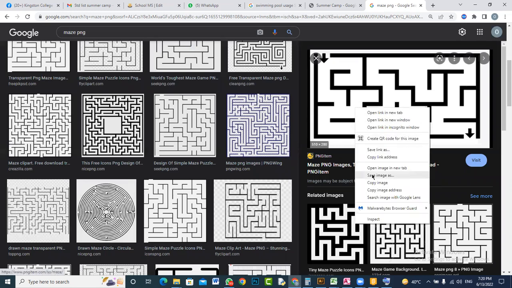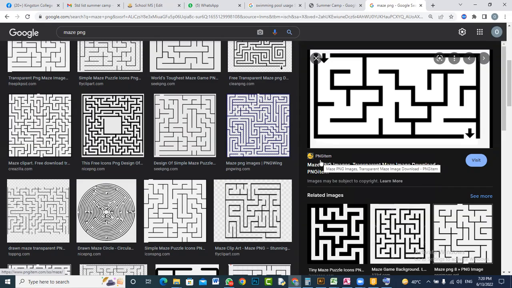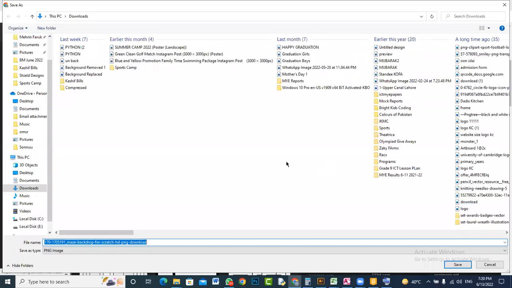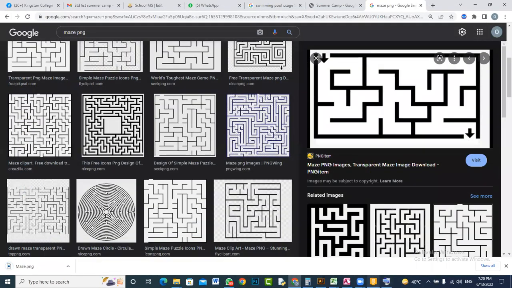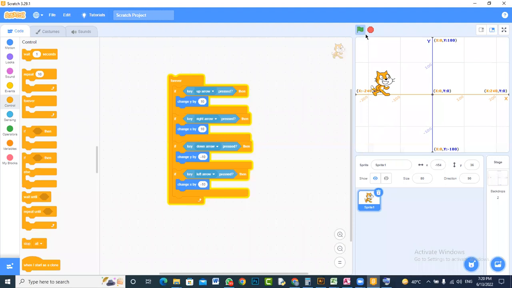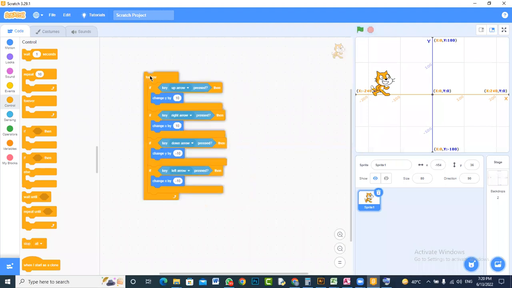So we will save image as and write its name, maze, and save it somewhere that you can locate it very easily. I usually put my things in the download folder because it's easier to locate them there. Now what you need to do is